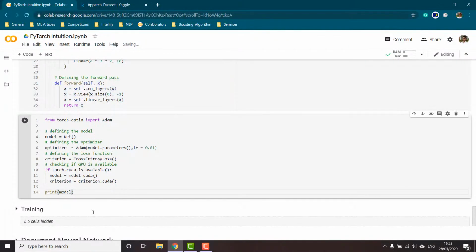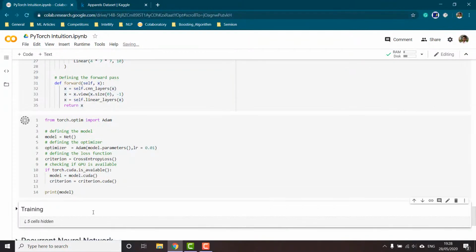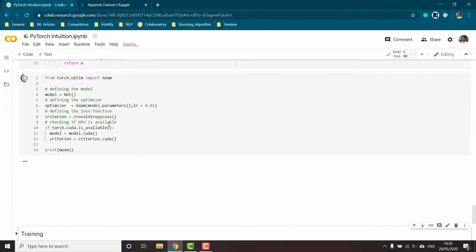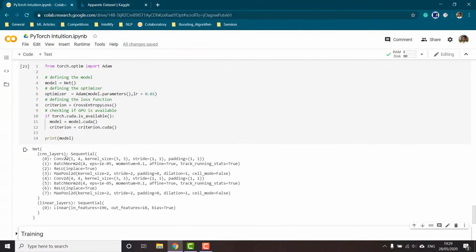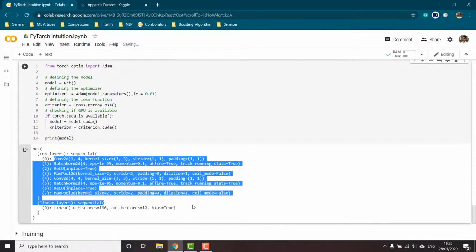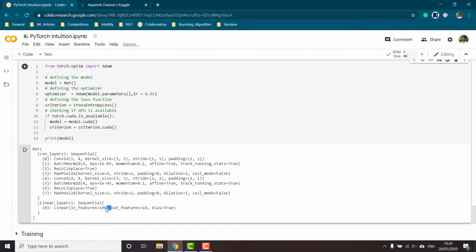So first we are going to train our model in CPU, and then at last I will be showing you how to train our model in GPU and how much faster our model trains while on GPU. So I am just going to print our model now. So print model. Now you can see the architecture of our CNN layers, of how it would be training and passing through one of them one by one, and then at last our linear feature, our in features would be 196, and then our output would be 10, which represents our number of classes.